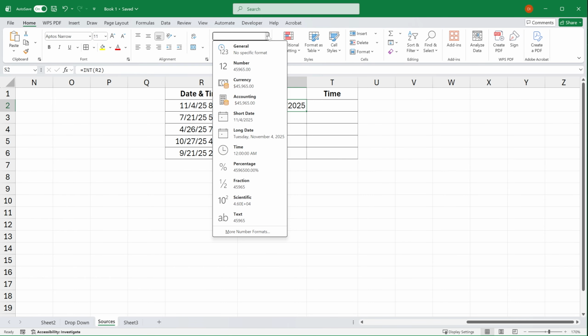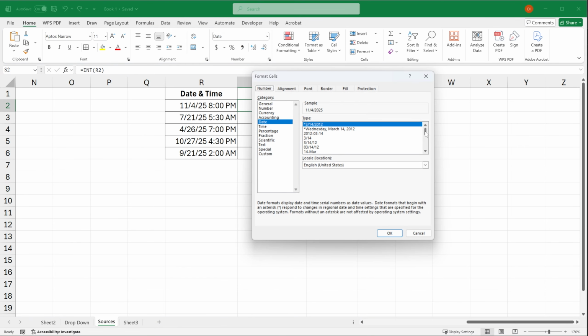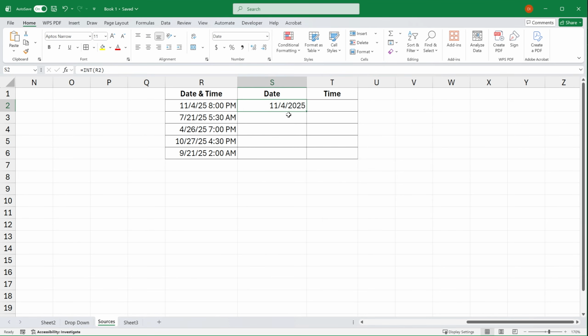Now you can go ahead and choose the right format here. So for the date, there are different kinds of ways to do this or to put this. It's definitely up to you. Now I'm gonna go ahead and just copy this one to the entire column, and then for the time it's